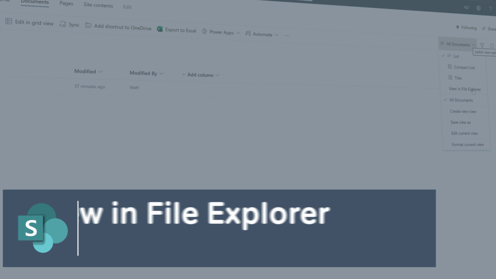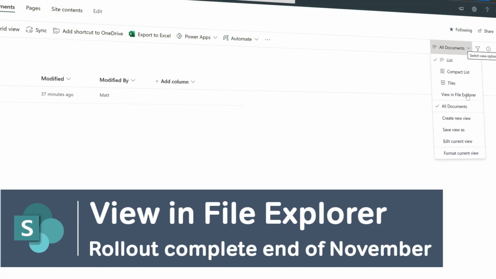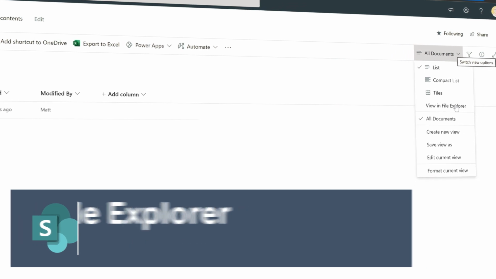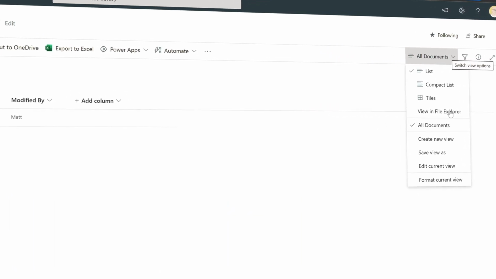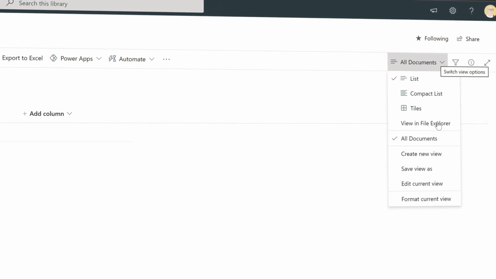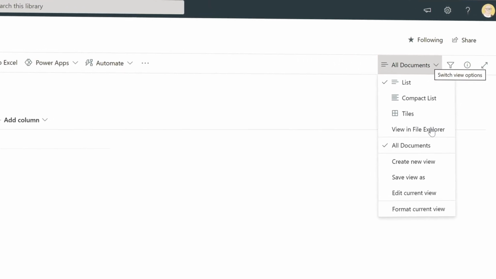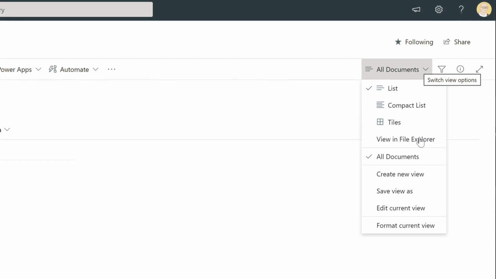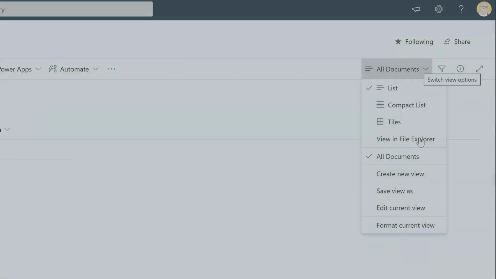This new feature for SharePoint is controversial. Years ago, SharePoint used to be able to connect files in the browser with Windows File Explorer. There was a button that said Open in Explorer in every document library ribbon, and it connected File Explorer so you could manage the files there.